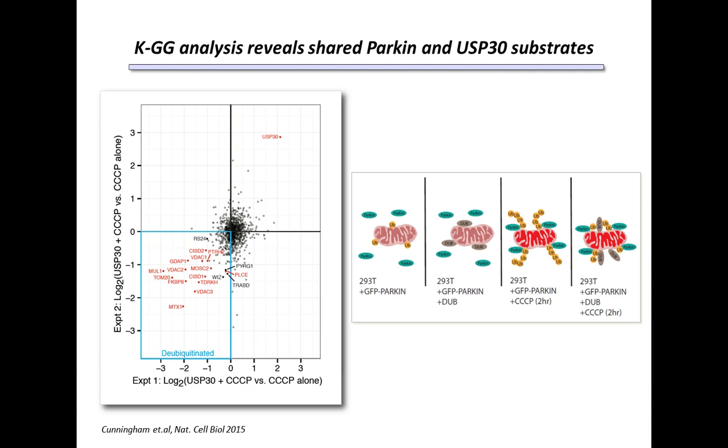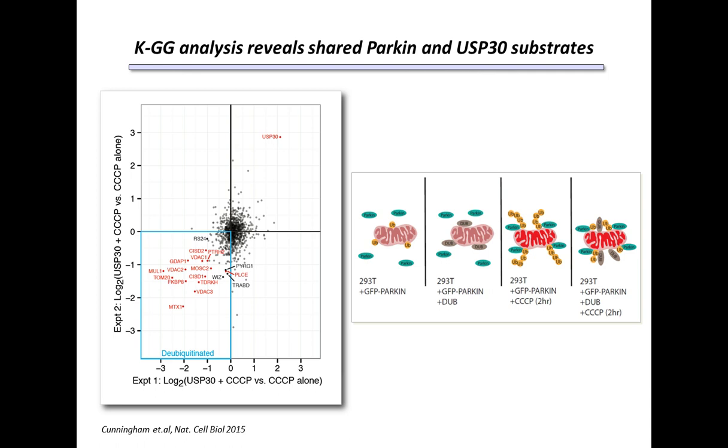Now, a key question within the ubiquitin field and many of the biology areas that it impacts involves identifying the substrates of E3 ubiquitin ligases and deubiquitinating enzymes. And one area where we've used KGG profiling to great lengths is to understand the substrates of the E3 ligase parkin, as well as the deubiquitinase USP30. And this is some work that's been done across a couple of studies in close collaboration with Baris Bingol and others.